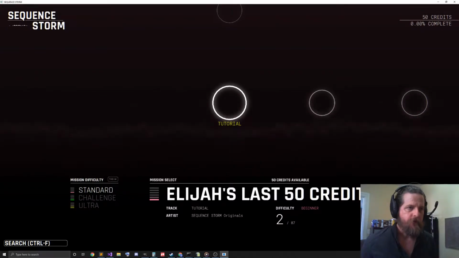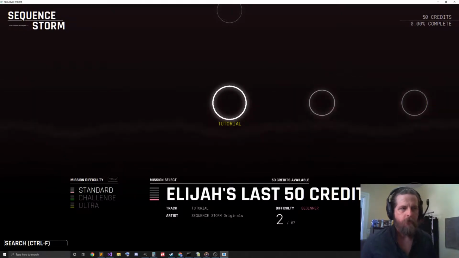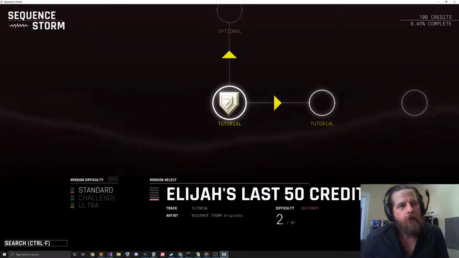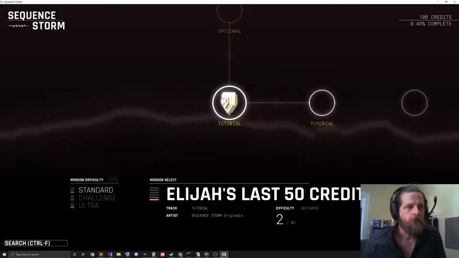So this first mission, Eli's last 50 credits, I changed the second half of it. It used to be just a little section, but I actually put the holds tutorial here. And I'm gonna cheat that one. And now there's a new optional mission that comes right off of the first mission,